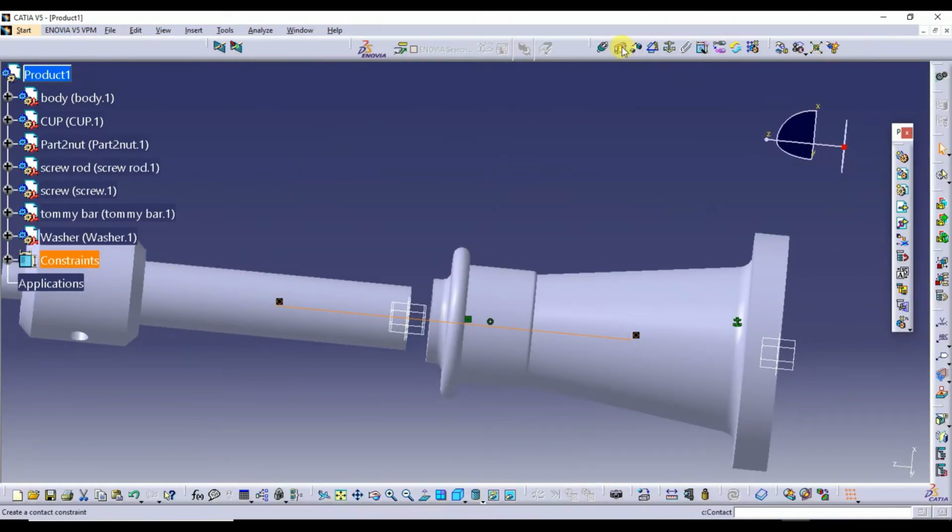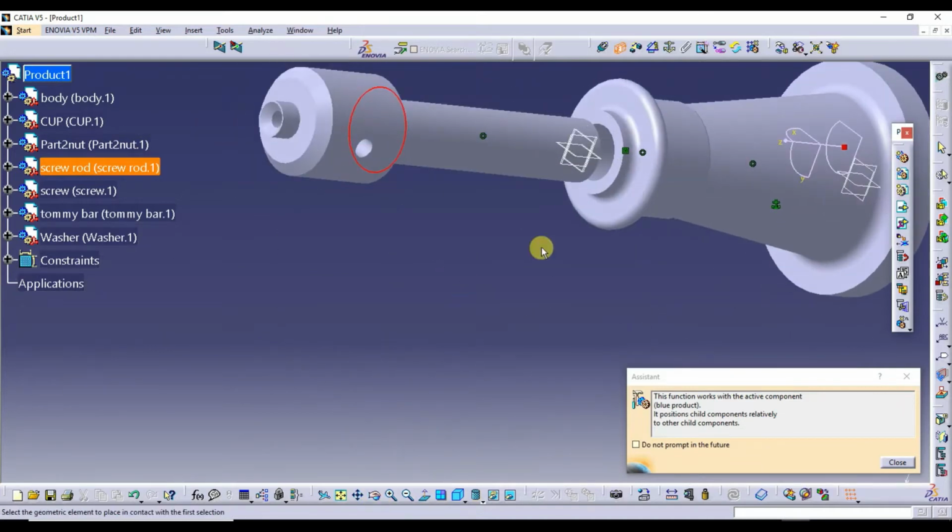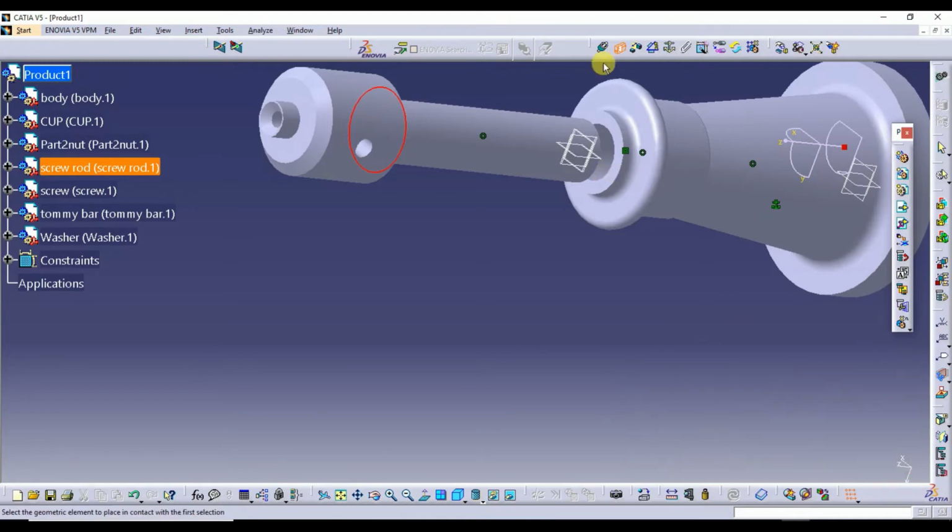I'll go for the contact constraint. I'll select this. This is not happening. Once again I'll choose the surface properly.